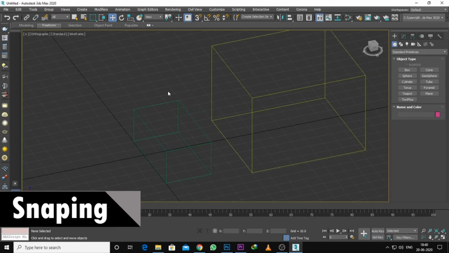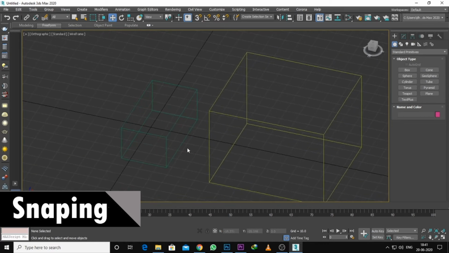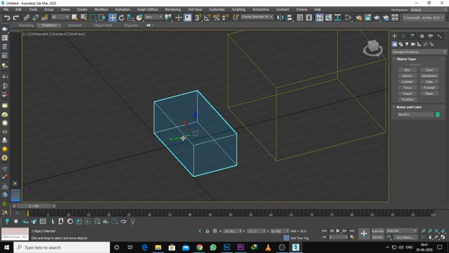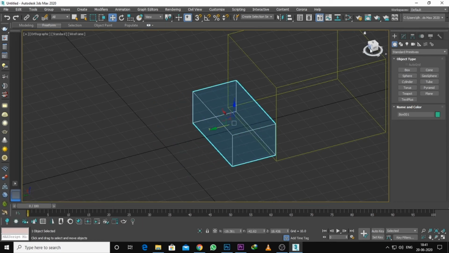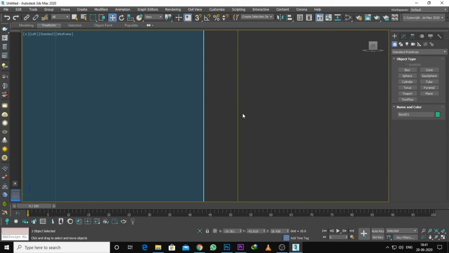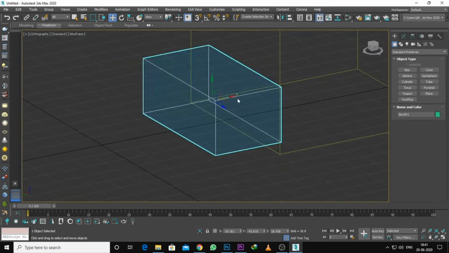This is also most important for your modeling. Now the fifth one, which is snapping. As you can see, I made two boxes and I want to fix this side to this side. I can move it, but I do not get perfection. As you can see, I do not get it 100% fixed, and there is a gap between them. So snapping is most important for your modeling.